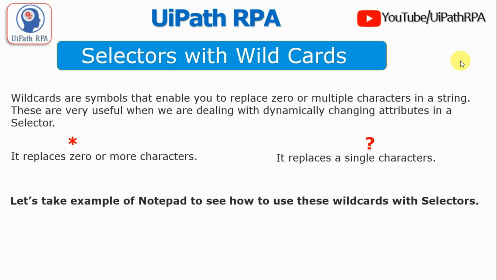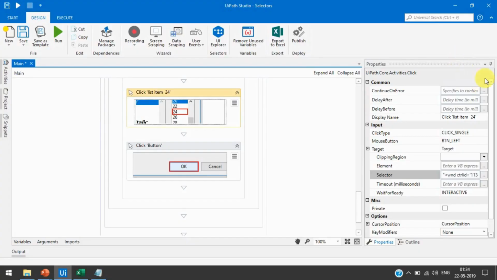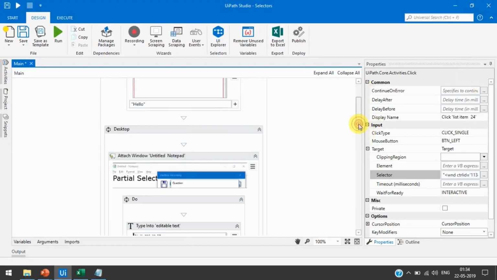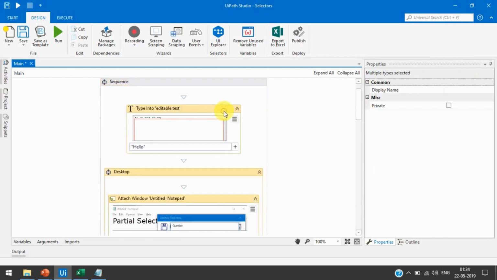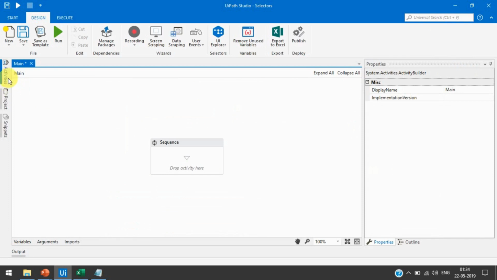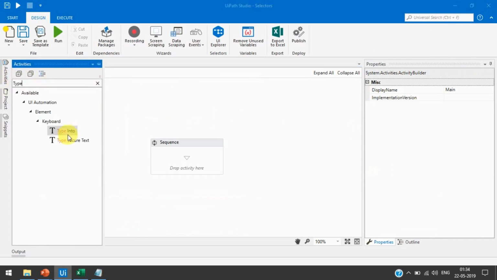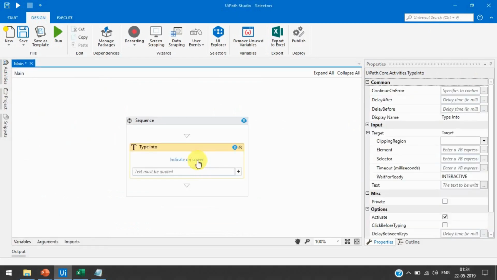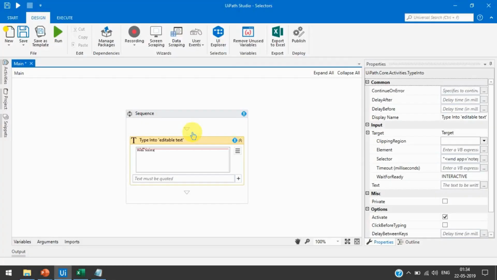So let's open UiPath Studio, and here I will remove all this part, and I will take one activity, the Type Into activity, and I will select that Notepad, and I will write here wildcard asterisk.